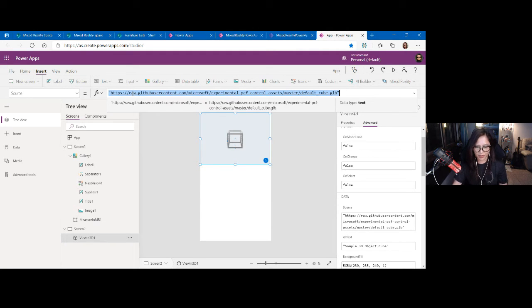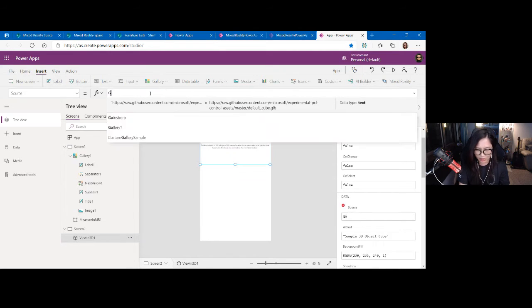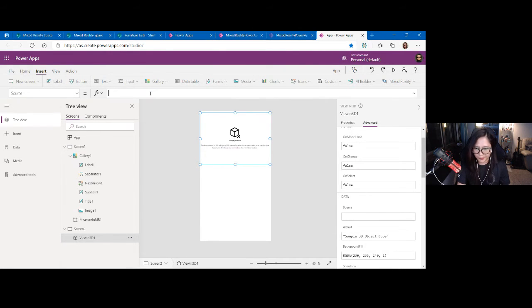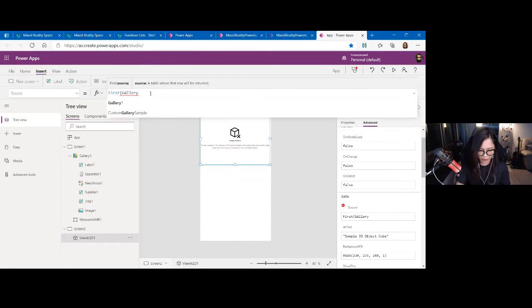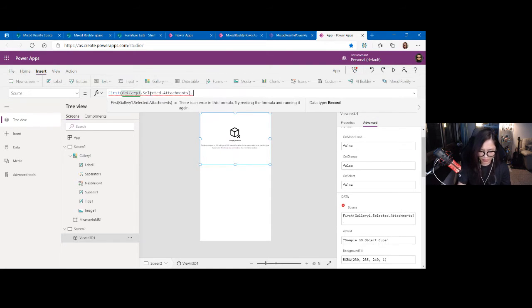So it always has this default value for the .jlp, but I'm going to change it to the first of the gallery one selected attachment value.